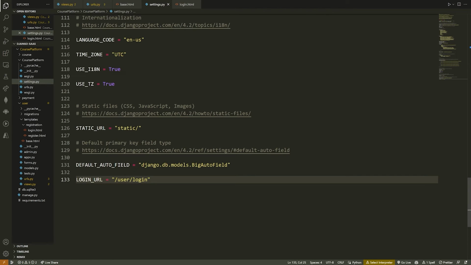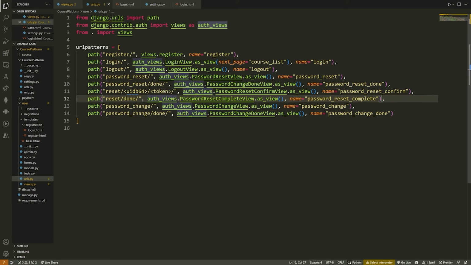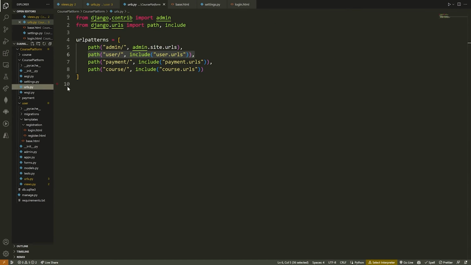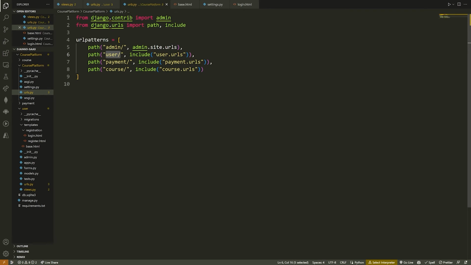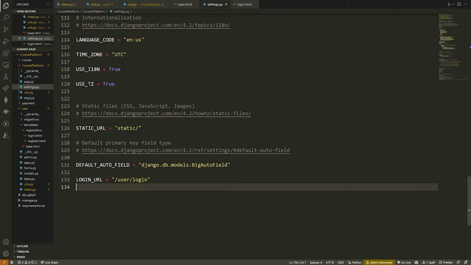/user/login. Now, the reason that's the URL is because login is the URL from the user app, but to get to the user app, we have to go to user, right? So that's why that's the URL. We need to set that specifically. That means whenever we try to access a page that we're unauthorized to see, it will bring us to this login page. Okay, next, we're going to say the login redirect, if we can specify this here, underscore URL is